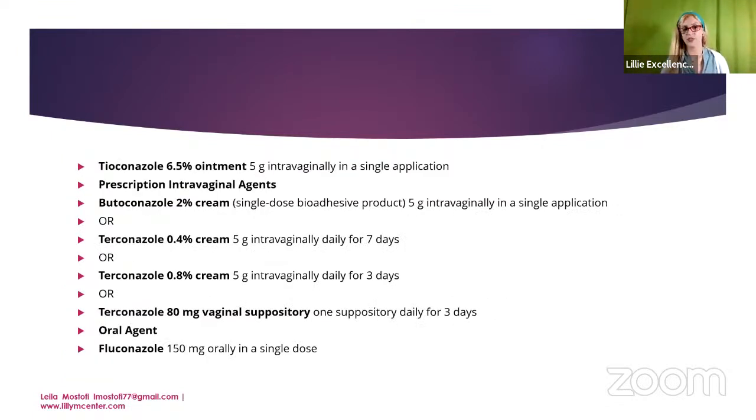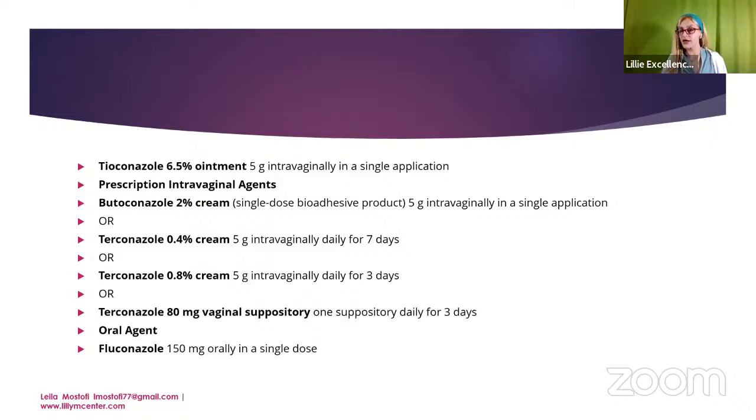Or you can use tioconazole 6.5% ointment, 5 grams intravaginally in a single application. Prescription intravaginal agents include butoconazole 2% cream, single dose, bioadhesive product, 5 grams intravaginally in a single application, or terconazole 0.4% cream, 5 grams intravaginally daily for 7 days, or terconazole